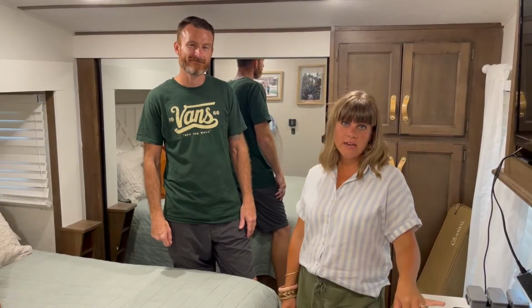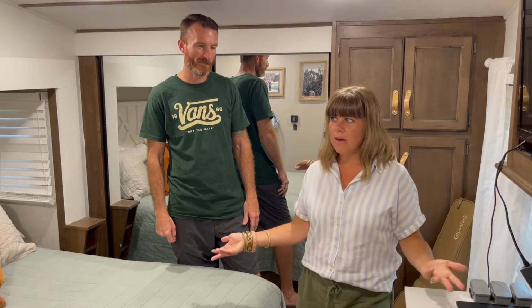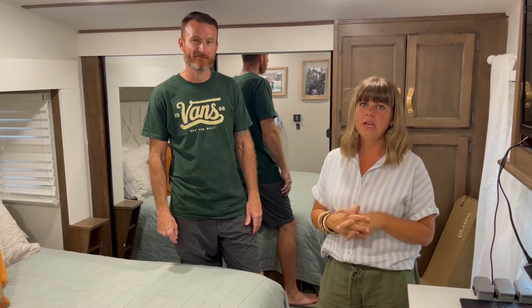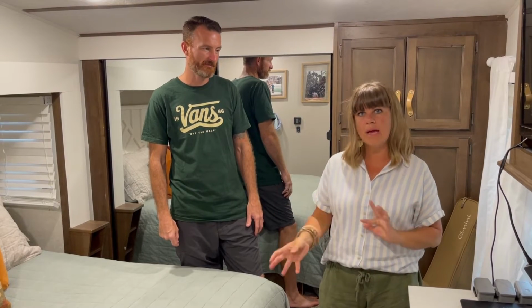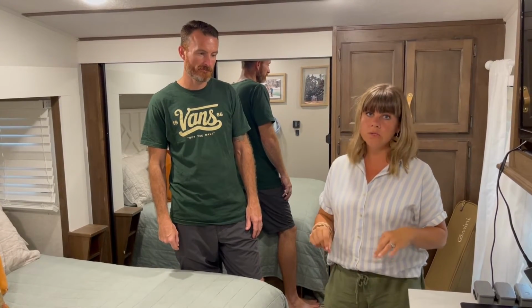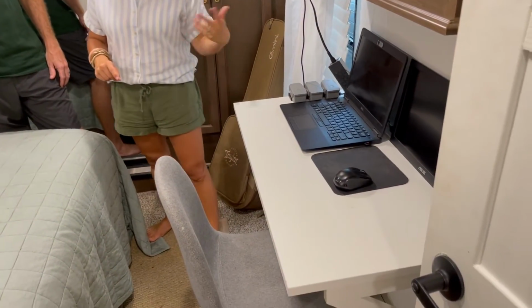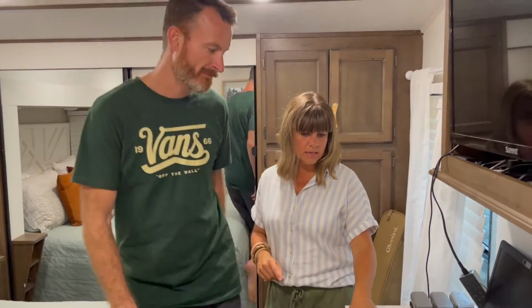This is Derek's workspace and our bedroom space. So Derek needed a workspace in this area. And in master bedrooms of fifth wheels, you're somewhat limited on space. So we came in here, looked around, decided how we could use and maximize the space. What we decided ultimately to do was to remove the dresser that was originally here when we first got the rig, and Derek replaced it with this desk that...